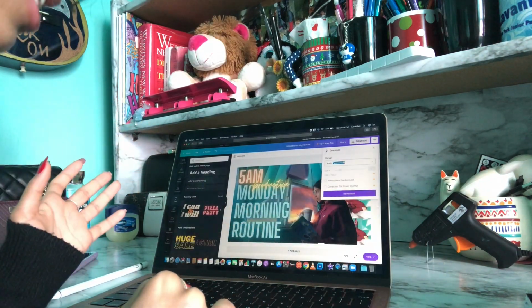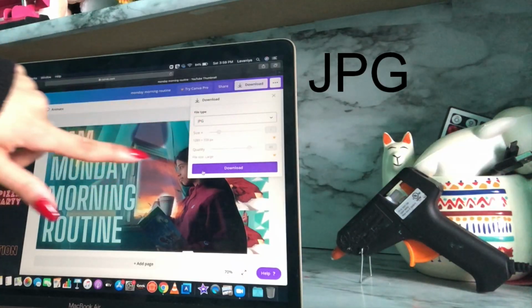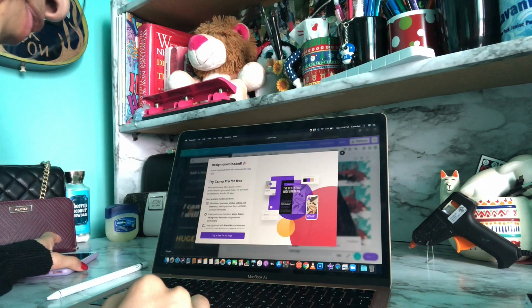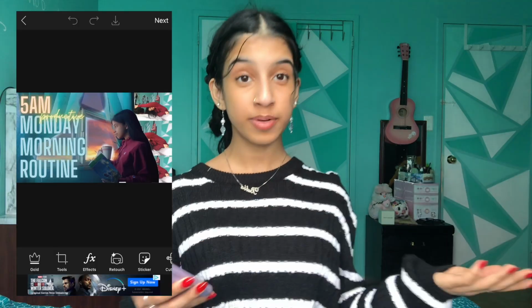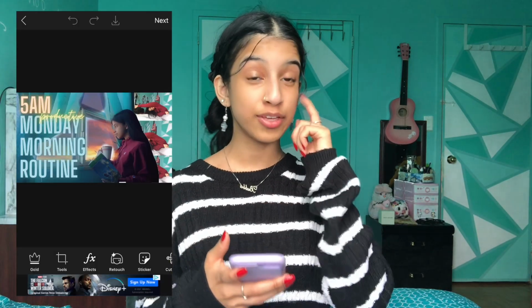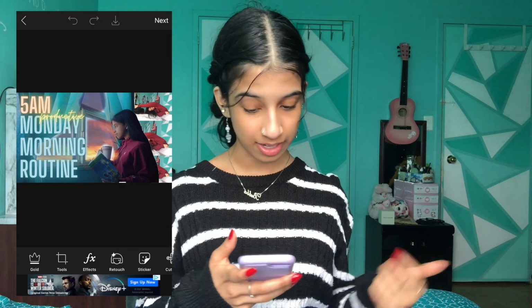And so then you would press download and then you would select this one and download it to your computer and then you send it to your phone. So now that you've sent your picture back to your phone, what you want to do is outline the most important part. So you would open up PicsArt again and get the picture that you just finished editing on Canva. The only thing with PicsArt is it doesn't have a proper glowing type of outline thing.